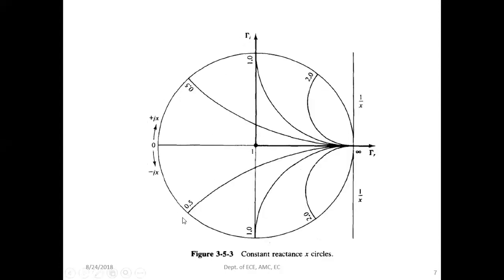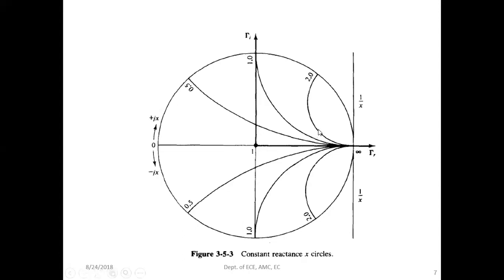Similarly, reactance values. Suppose I have to write the reactance value here. If I'm writing for this particular reactance above, where resistance 1 is joining reactance 1, it will be 1 plus j1. If I come down for the first circle, for resistance R equal to 1, the reactance you have here is 1, so it will be 1 minus j1. That's how you write the reactance as well as resistance.